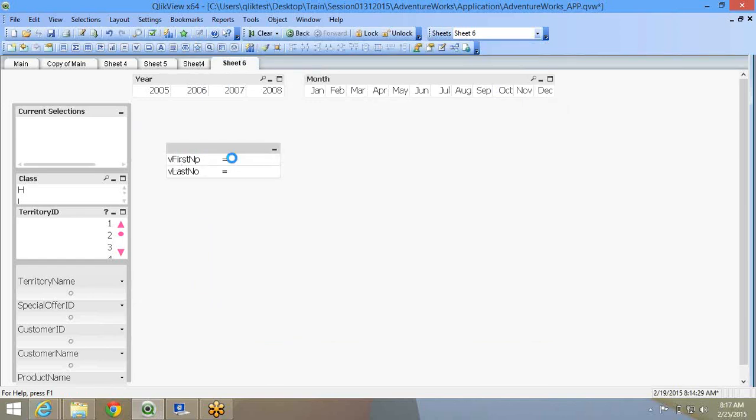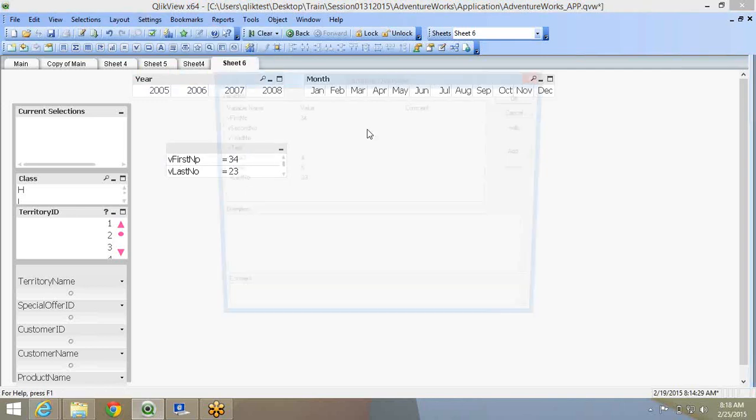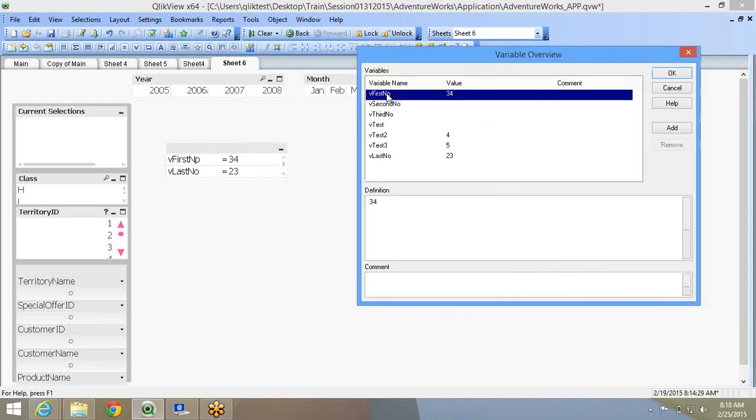So users will get the option to enter some numbers like over here. For v first number, the user can come down, say 34, enter, last 23, enter. Now if you go to the variable overview, you will see these values passed to those variables.